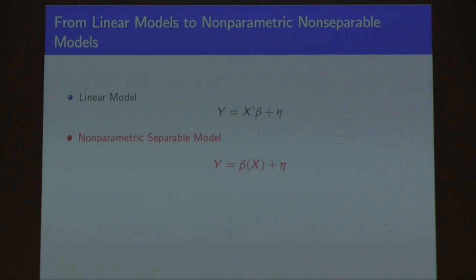The second model is non-parametric, so we say, well, we are going to allow the effect of the hours of work to be possibly different for different hours of work, and then we get this model. The non-separable model says, well, there is hours of work and productivity, both affect output. So y is output, x hours of work, epsilon productivity, and then we want to look at the interaction between these two.